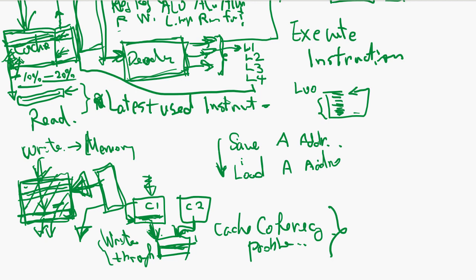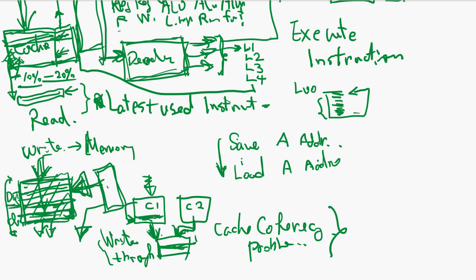The write cache usually contains two kinds of data. One is dirty. What is dirty data? It is the new data written by the CPU that is not yet written in the memory. And the clean is data that has already been written in memory, so you can use this space for rewriting other data. This ratio is maintained at a certain level, and whenever the dirty section increases, then this state machine